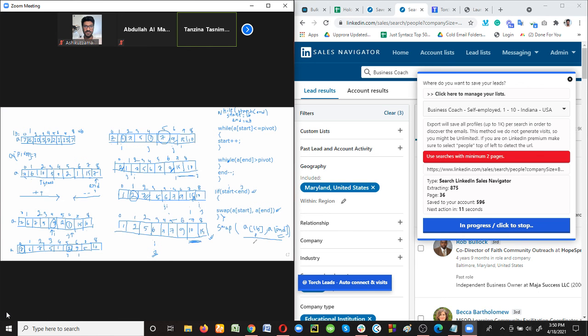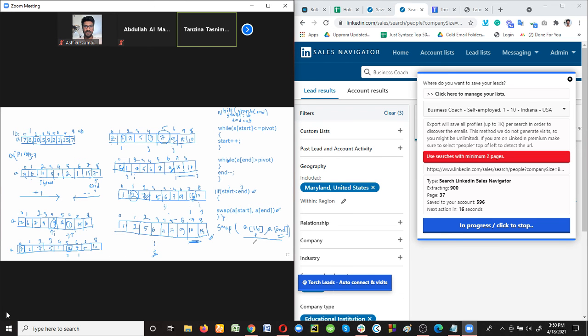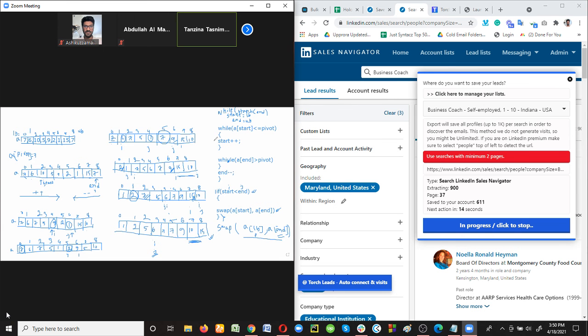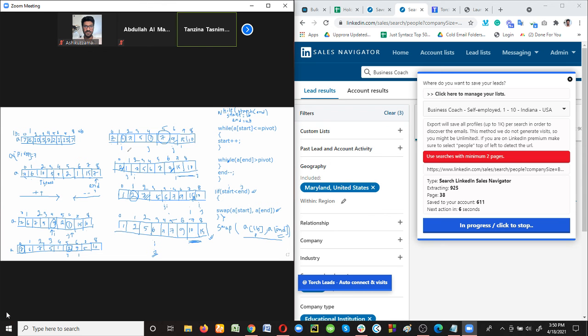So after placing the pivot element in its correct position, we can divide the array into two subarrays. One is on the left side of this pivot element, where all the elements are less than the pivot element 7, and in the right subarray all the elements are greater than 7. Now in both of these subarrays we'll use the same approach: find the pivot element and then compare it with the end pointer and the start pointer. Is it clear?